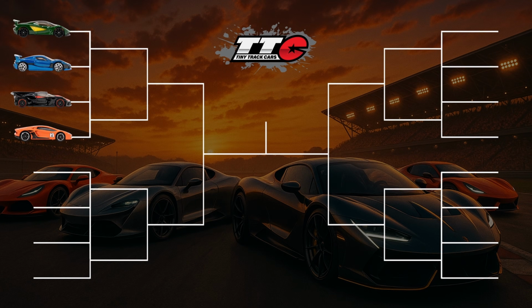And then let me know if they win. The Bugatti and the Lamborghini move to the next round, and before we meet the next cars in group number 2,